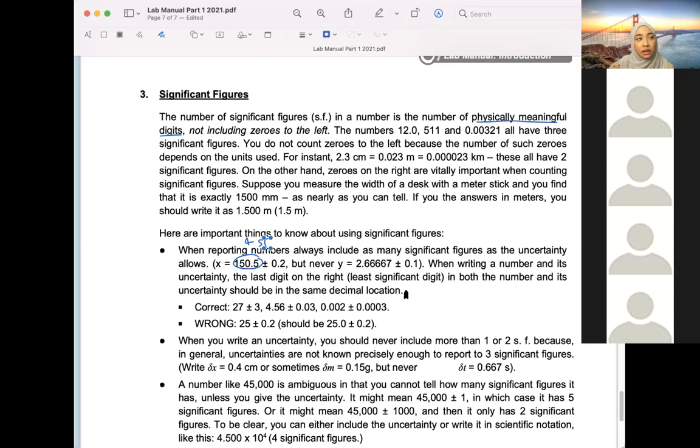But usually we will ask you to have a minimum of 3 significant figures. Minimum. You can go beyond 3 significant figures. And typically,